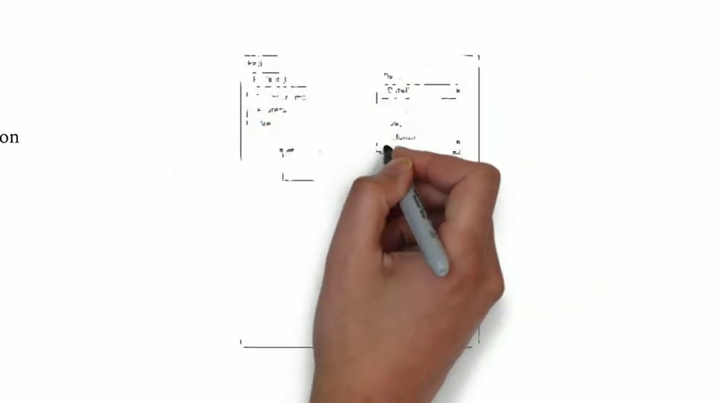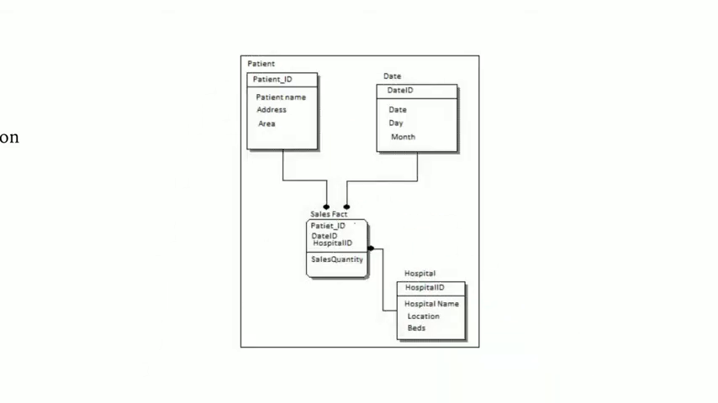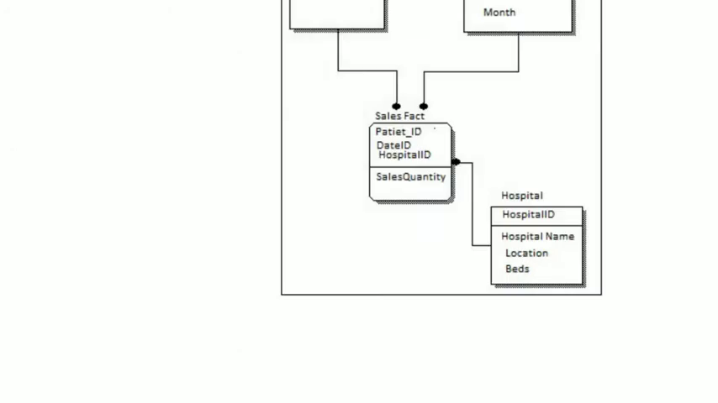So here is an example of a logical data model. The logical data model looks like this. Here we have different user interfaces like hospital management system, like patient, date, sales, fact, hospital, etc. So patient, date, sales, fact, hospital are the